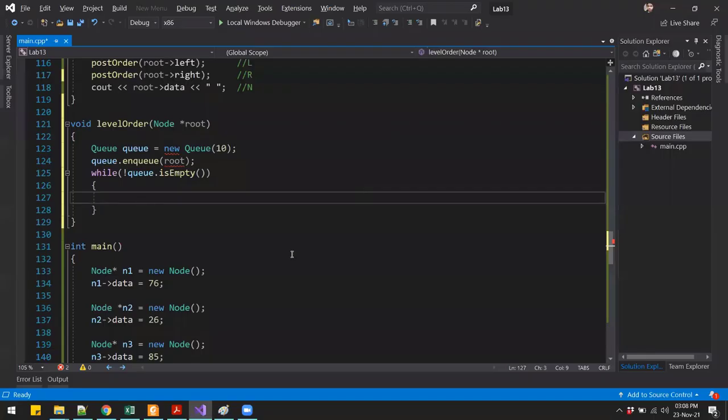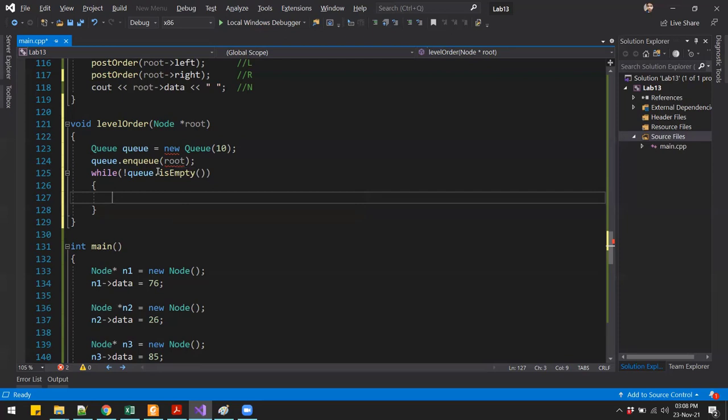And then inside our queue we try to dequeue the queue and then print the data, and at the same time we enqueue its left and the right child. Okay, now you will see that in here we are getting some error. That is because this queue is taking only integers, but we are passing a pointer.